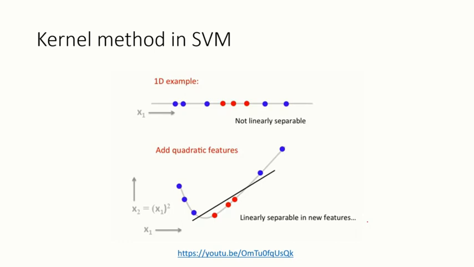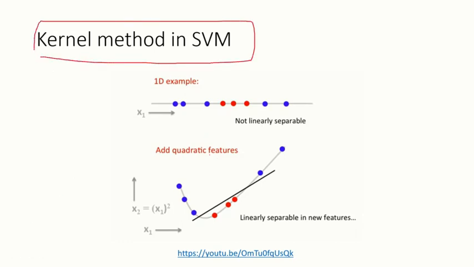Again, the whole idea about kernel method application in SVM is to do this kernel function transformation before you apply SVM. SVM is linear. It finds a straight line, a hyperplane, to separate the data points. But if you don't do this kernel transformation, you probably don't have separable data points. But after you do this transformation,